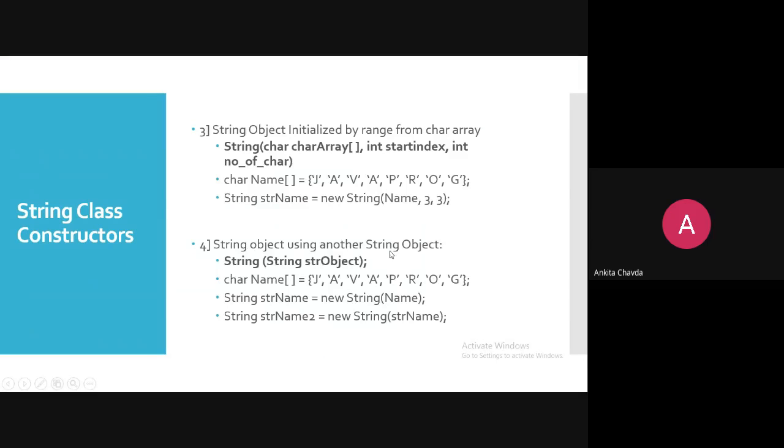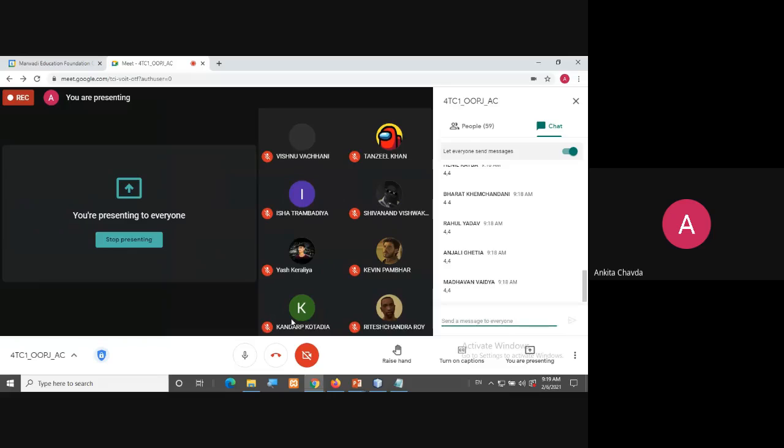Then you are having a string object using another object. I can pass another object, as you remember about the copy constructor. A very similar kind of thing. But right now we are not going into theory. Suppose I'm having this string name, one object which is created first, and I'm passing the character array here. So here my string would be Java Prog. This same string name I'm passing to another object, string name2, because I want the same Java Prog over here in another string name. So I can do that.